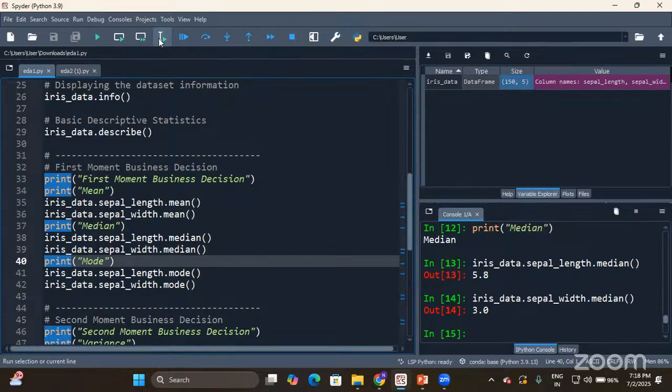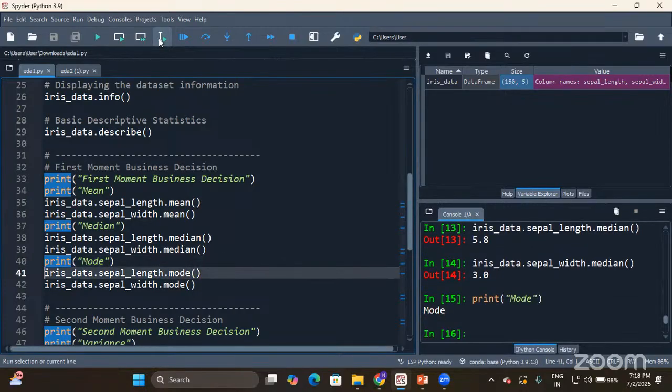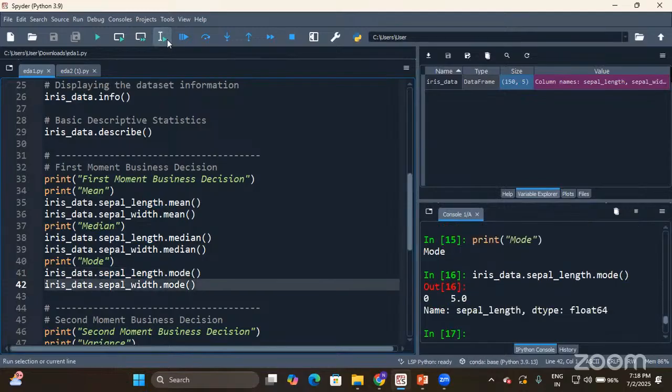Then finally the mode calculations, the mode measure. We know that mode can also be calculated for non-numeric data, but I'm going to calculate mode for the sepal length column. And what is the mode for sepal length? It is 5.0. It is an example of unimodal.